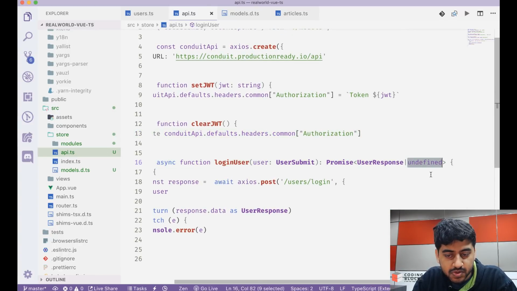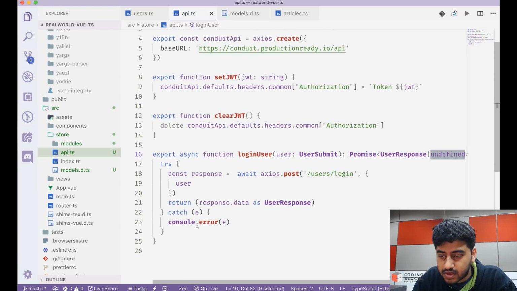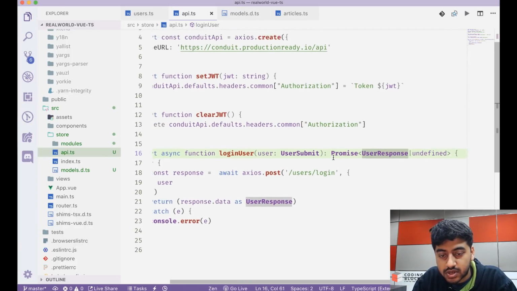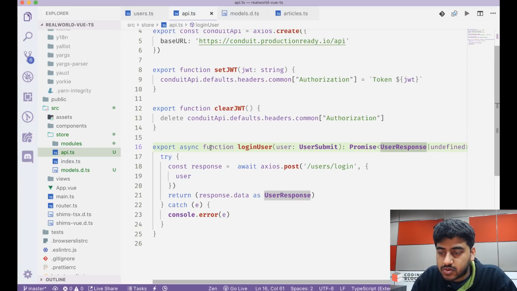So this promise might return undefined as well if we hit the error in that case. So I'll just make this promise of user response or undefined. So we need to call this login user function. So what I'll do is inside my